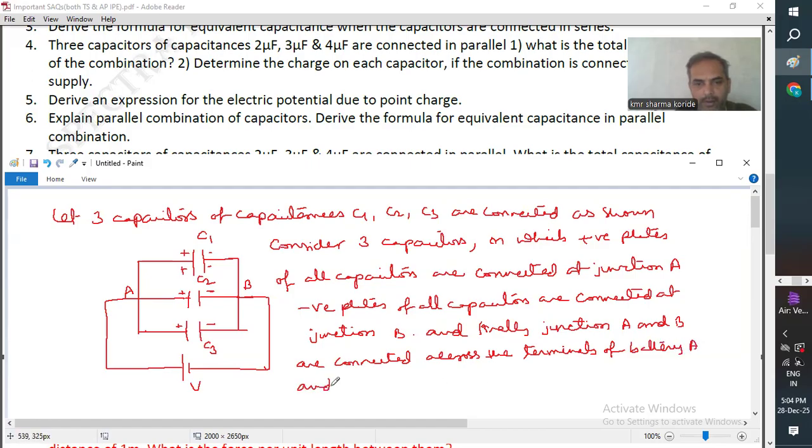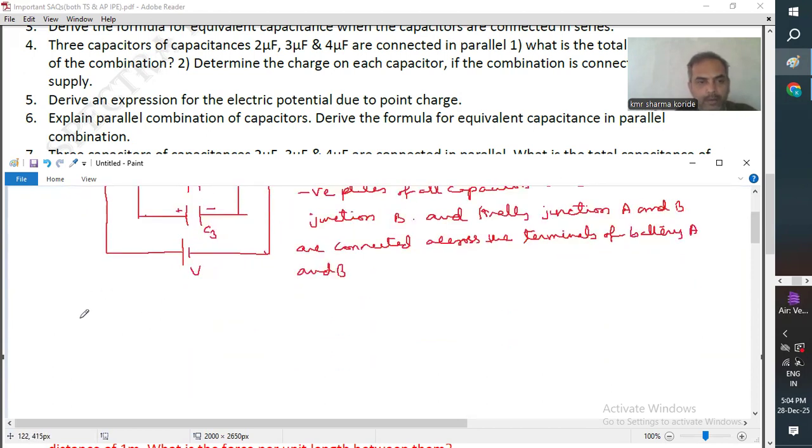So therefore, remember the potential difference